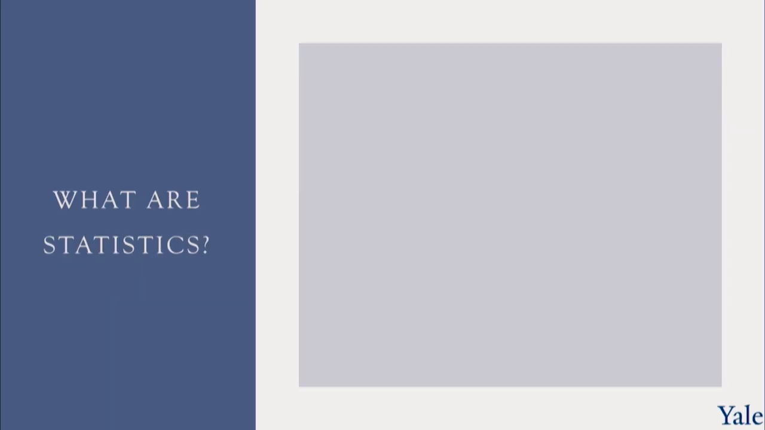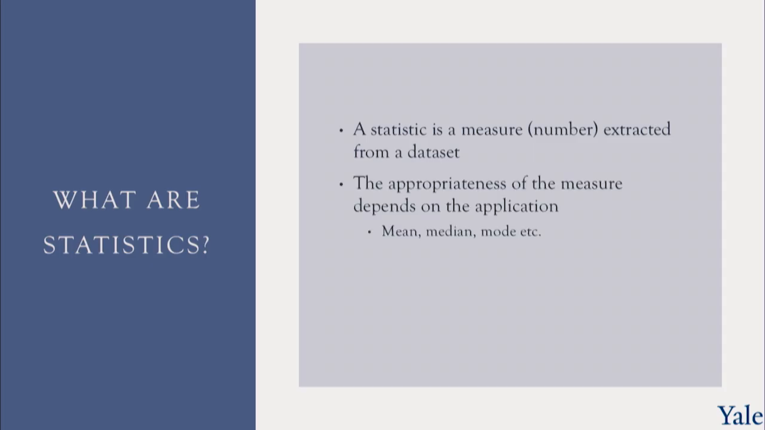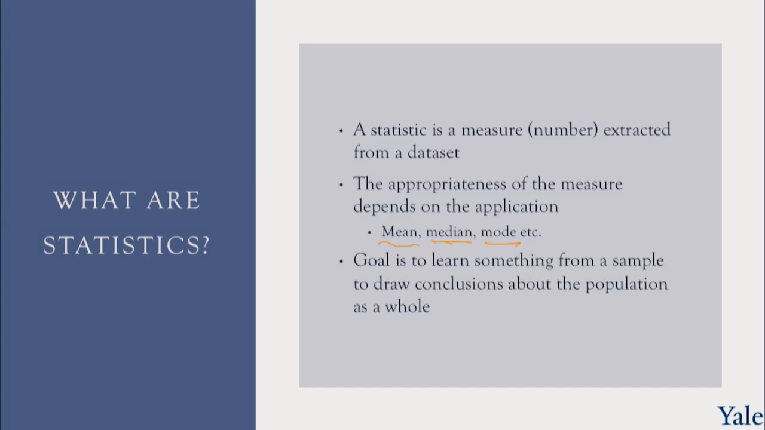So what are statistics? A statistic is just a measure. It's really a number extracted from a data set. That's all there is to it, really. The appropriateness of that measure depends on the application. So the most common ones you may have heard of are the mean, the average value of some data set, the median, the central value, the mode, perhaps the most common value you will see in a data set. And the goal of statistics is to learn something from a sample to draw conclusions about the population